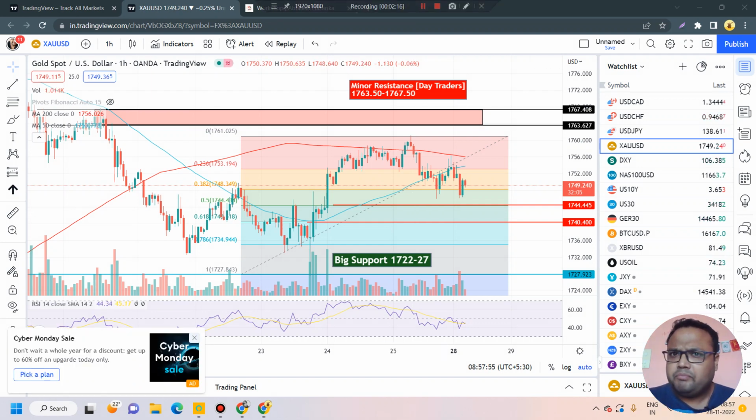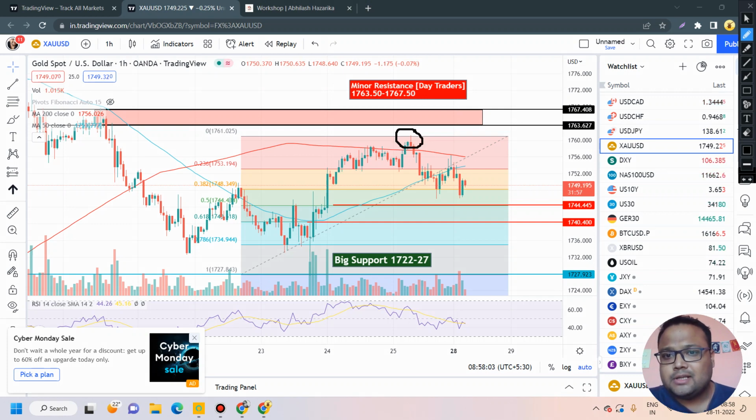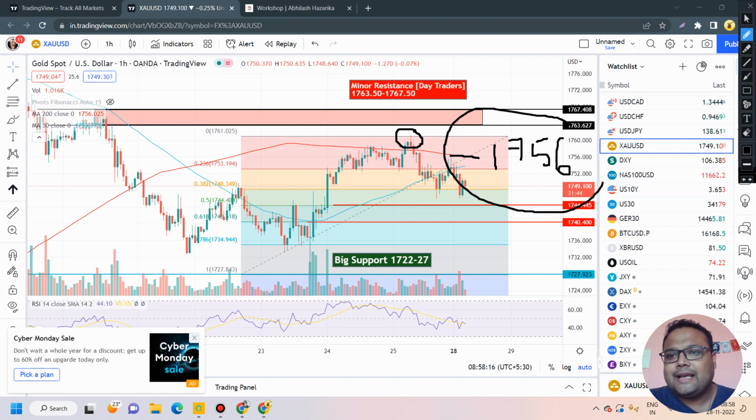So during the Asian session or European session, if market goes up also, there's a high chance that market will face some selling pressure around this level and you can look for a sell opportunity. But before 1760, 1750 is too far right now. Before 1760, we also have 1756 as the next resistance. This is not a big resistance like 1785 or 63, but considering the present volatility, 1756